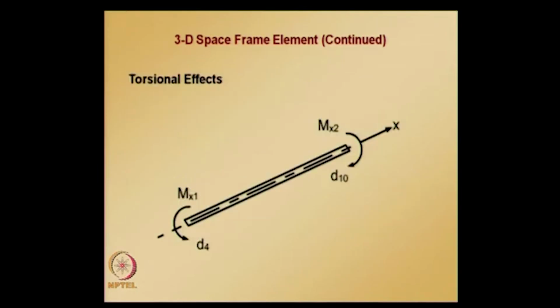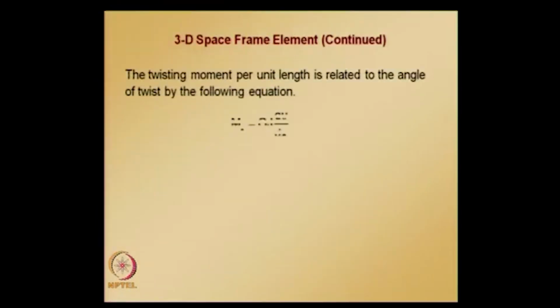Torsional effects: a bar of some cross section subjected to torsional moments or twisting moment at its end is shown in this figure. We know that the twisting moment per unit length is related to the angle of twist through this equation, where theta is the twist or angular displacement, GJ is the torsional stiffness similar to EI, where EI is flexural rigidity, whereas GJ is torsional rigidity or torsional stiffness, and G is the shear modulus, J is the torsional constant,